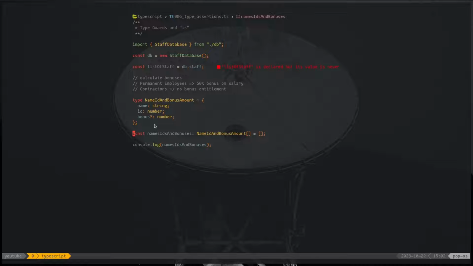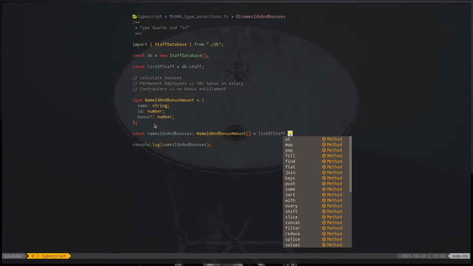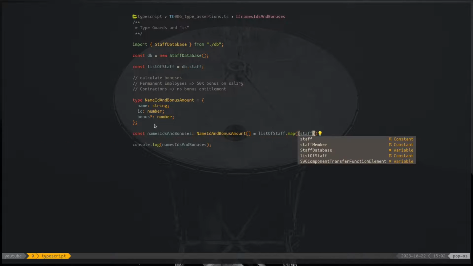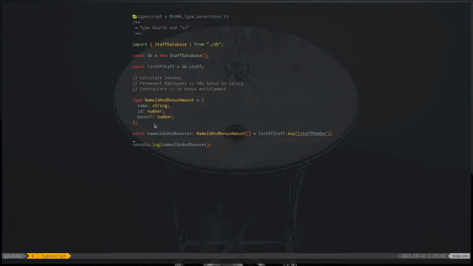So we've got this list of staff, and we're going to use this list of staff to map through each of the staff members, calculate their bonus if they're entitled to a bonus, and then return their name, ID, and their bonus. So we say listOfStaff.map, iterating through the list of staff, and then for each staff member in the list, we're going to perform some actions. So we're going to say this is a staff member, and in here we're then simply going to form our